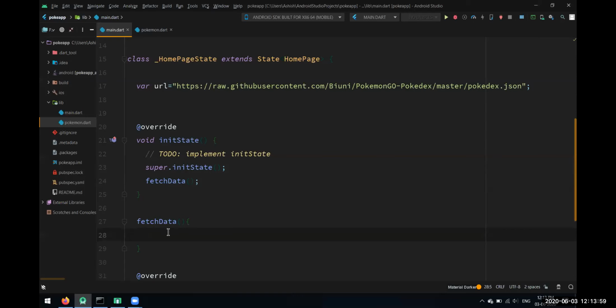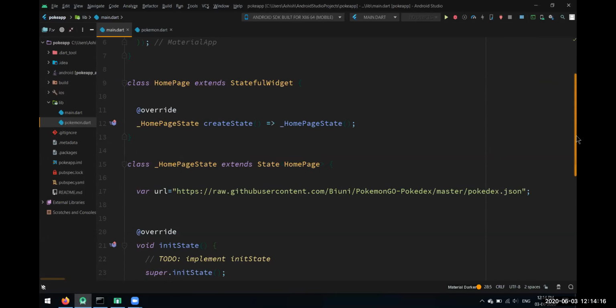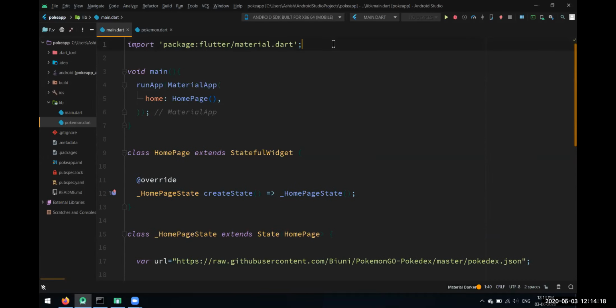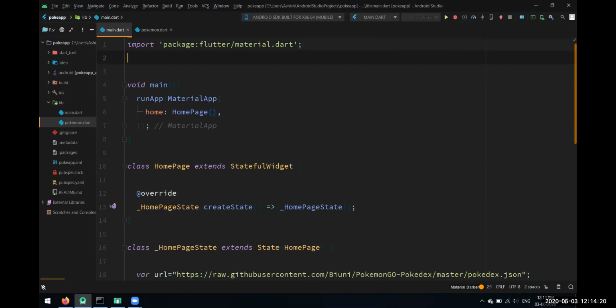Okay, so we'll leave it for now, because that is not compulsory. It will automatically detect whatever return type of that function it is, and it will work accordingly. So we have to get the HTTP package for that because we are making an HTTP request, as you can see. So let's just import the HTTP package. We just added that dependency in our YAML file. So let's just import that.